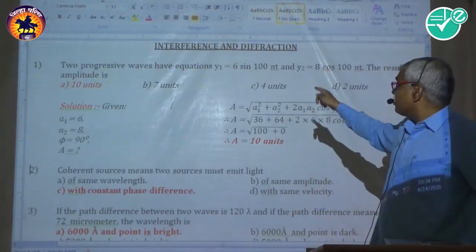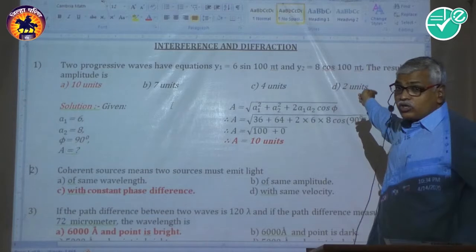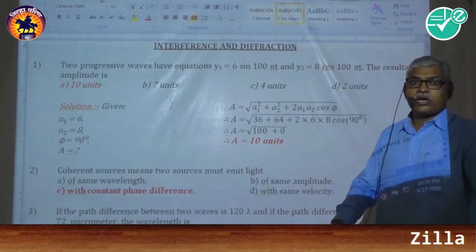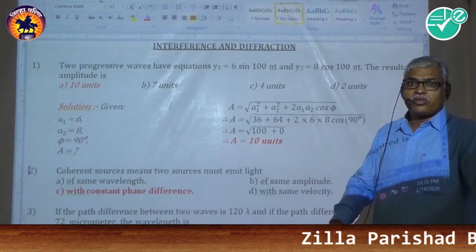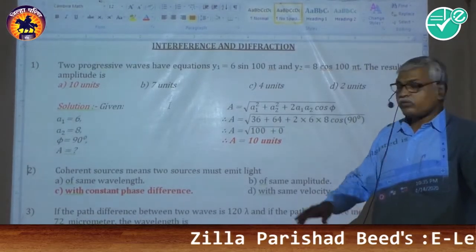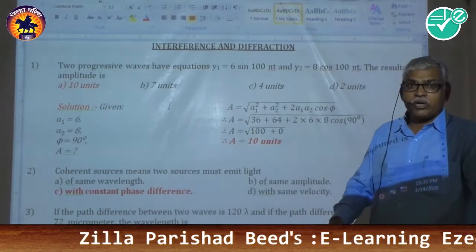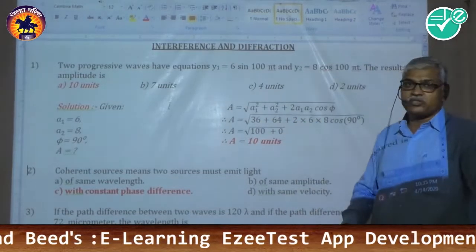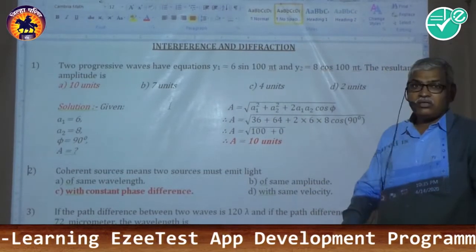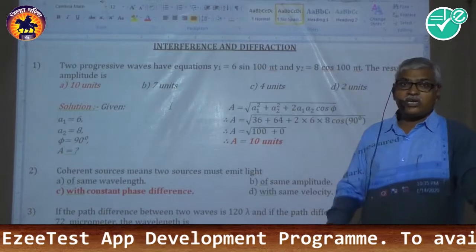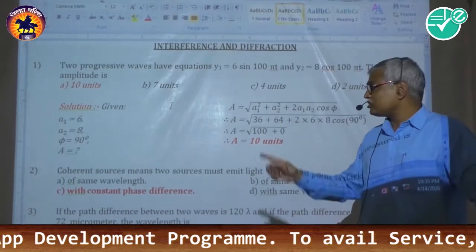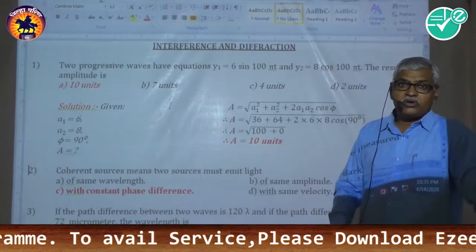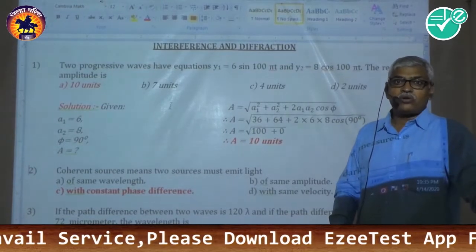The phase difference: here cos of omega t, here sin of omega t. The relation is sin of (omega t plus pi by 2) is equal to cos of omega t. Therefore, there exists a phase difference of pi by 2 radians, that is 90 degrees. Therefore, phase difference is equal to 90 degrees, and we have been asked in the question what is the resultant amplitude. Therefore, A is equal to question mark. Now, what is the relation between the given quantities and the unknown quantity?